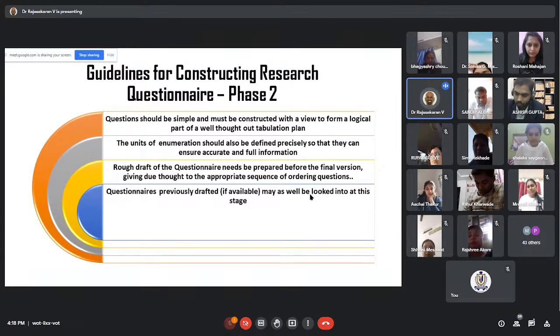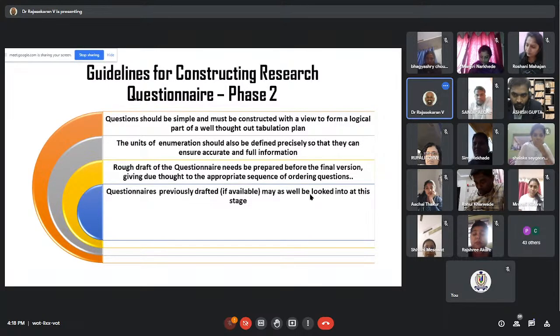There you need not develop anything. Simply you have to cite that particular author. You can use the same questionnaire. Generally, when you take such a questionnaire, there are so many advantages. There won't be any question of validity and reliability, because those questions will have been established only after reliability and validity testing. So obviously, when you say that I have used this particular expert questionnaire or tool, then there won't